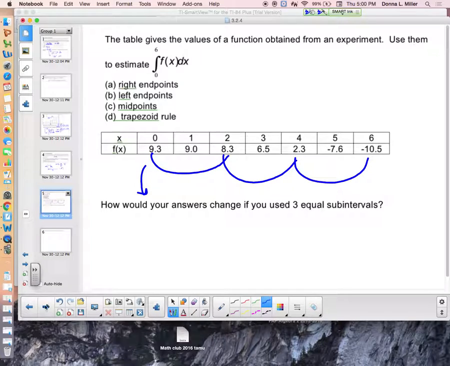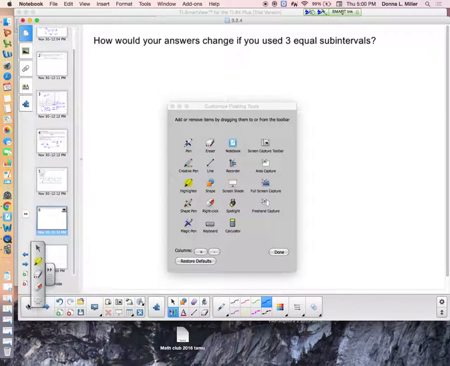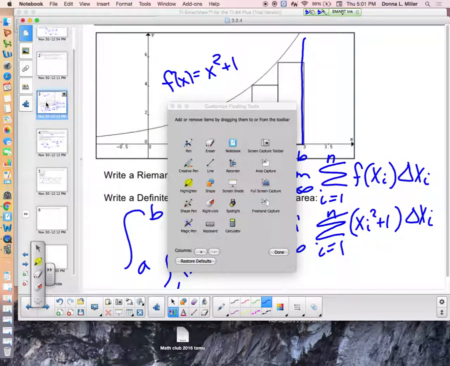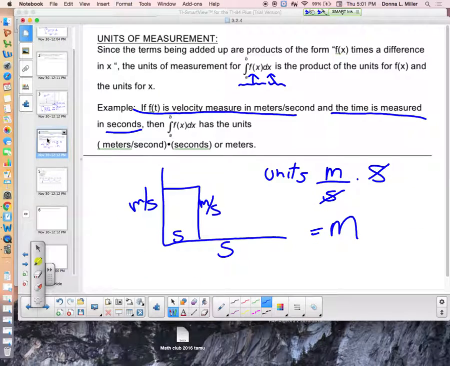That's that. Right? So today, pretty much just a review day. Not much to it other than I want you to know how to integrate something on a calculator and to understand that as you sum those rectangles, it brings you closer and closer to the area under the curve. And the units of an integral are the units of f times the units of dx here. And it represents a